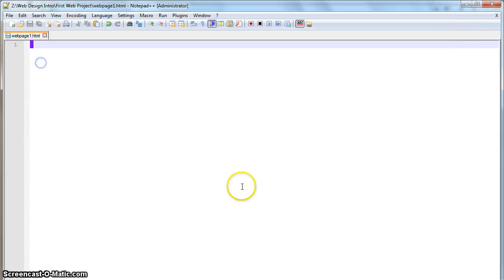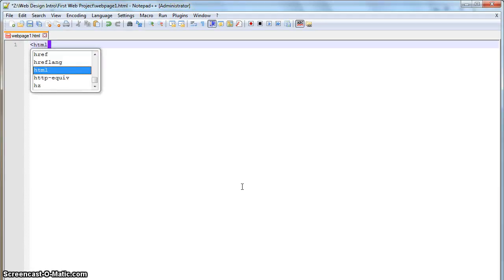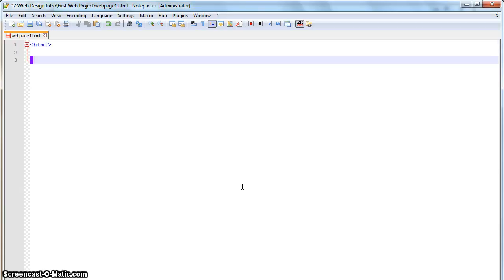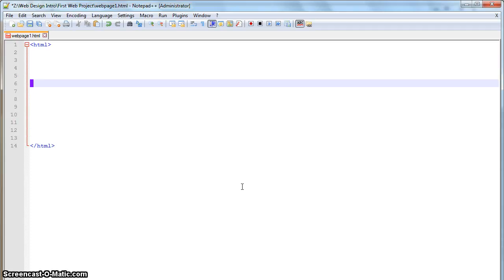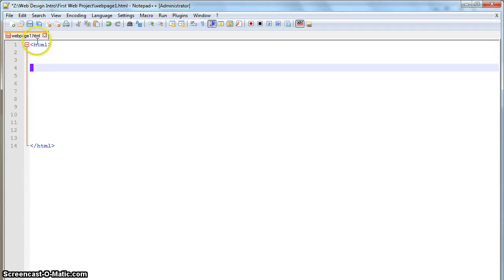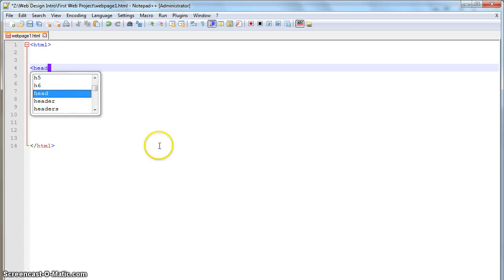Brilliant. Now let me show you what you will have to type into every web page that you make. This is the structure of a basic web page. HTML, /HTML. So we're telling this document, please expect some HTML code. Everything that we put into our web page will go between these two tags. These are called tags. And there are some more tags that you will have to type into